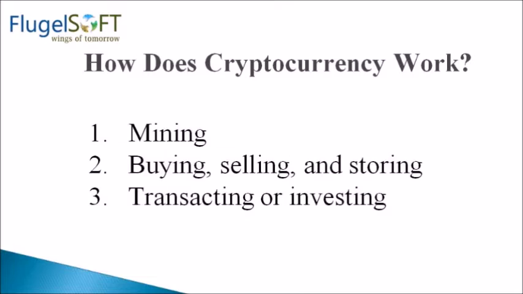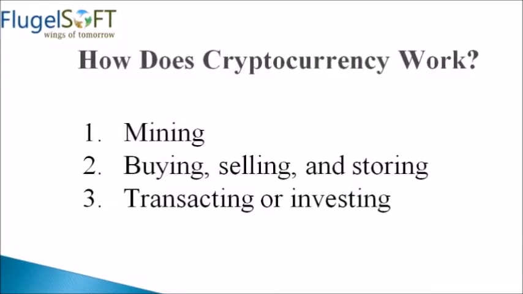Now let us talk about how does cryptocurrency work. Cryptocurrencies are not controlled by the government or central regulatory authorities. As a concept, cryptocurrency works outside of the banking system using different brands or types of coins, Bitcoin being the major player. So I'll go through them serially on how does cryptocurrency work.